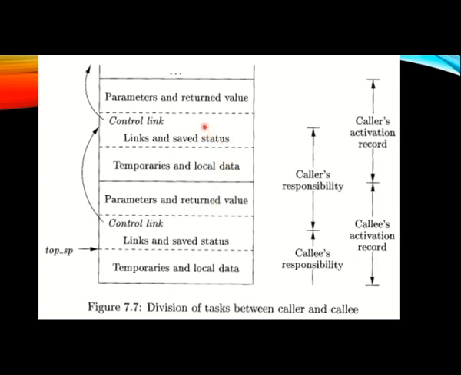So, for example, consider p and q, two functions. Once function p invokes the subfunction q, wherever that particular function was processing, that information is stored in these control links. Based on such information, procedure p can process its data, and whatever values are written by its callee function q are available here.